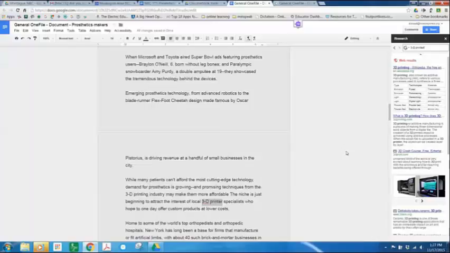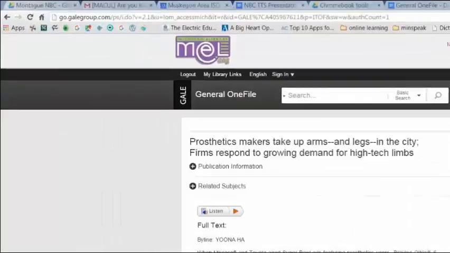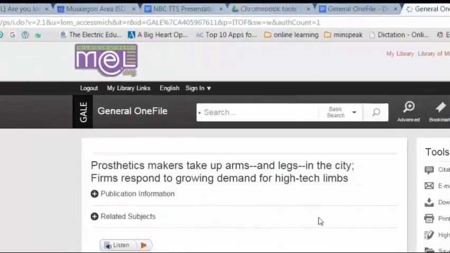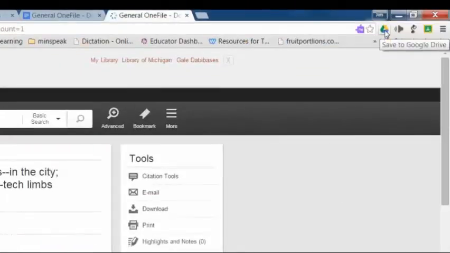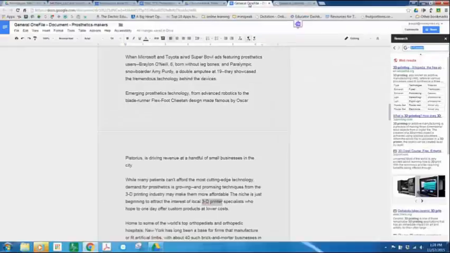And so what we're able to do with Google and with an article is we can expand on it and embellish it so much more than we ever could, and it's all done right within Google Drive. Now again, I happen to be out here on the Michigan Electronic Library. I used Google Save to Google Drive. I saved it as a Google Doc so that I could open it up in Google Docs and do much